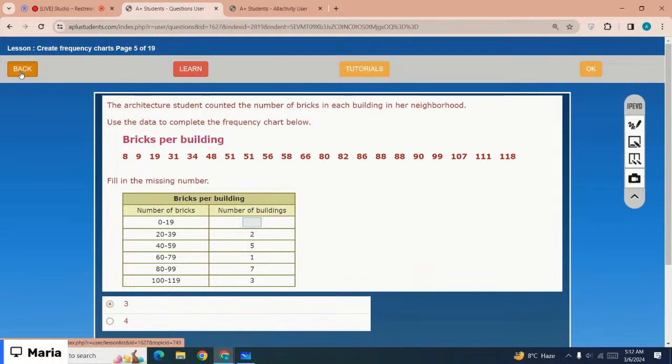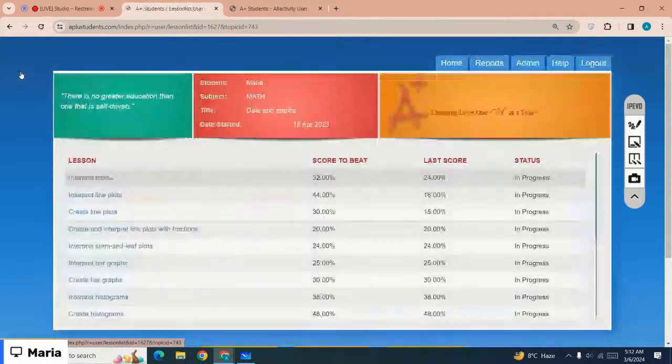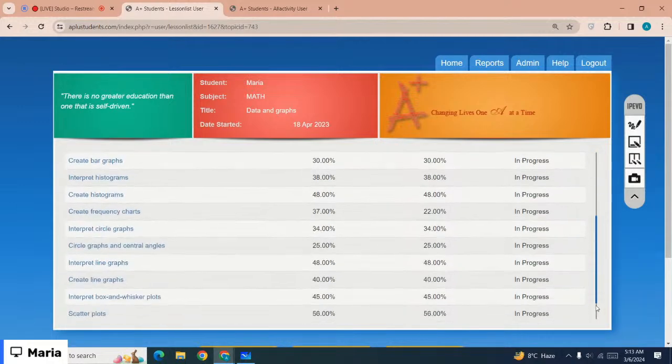Okay, you can complete the lesson by yourself later today. Let me just move on to the next lesson. Okay, let's just start with the next lesson, and the next lesson is